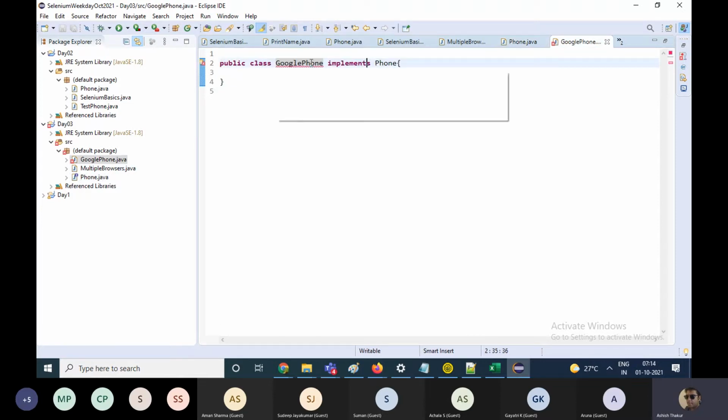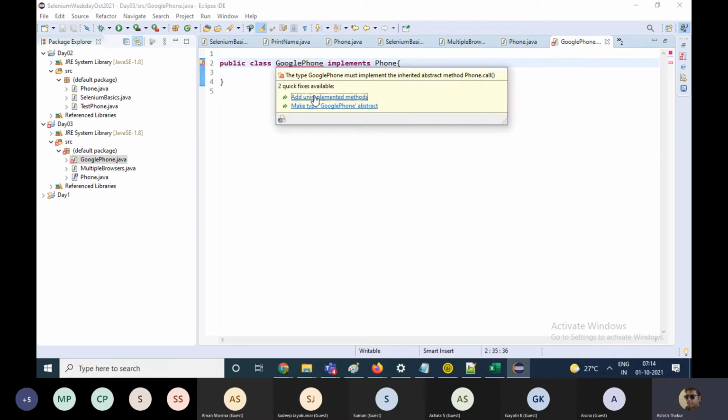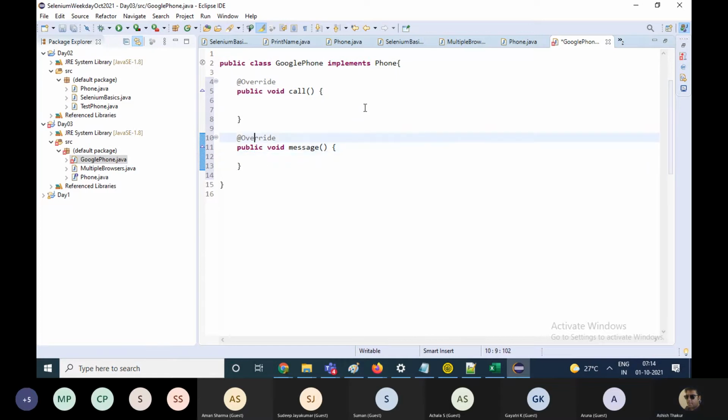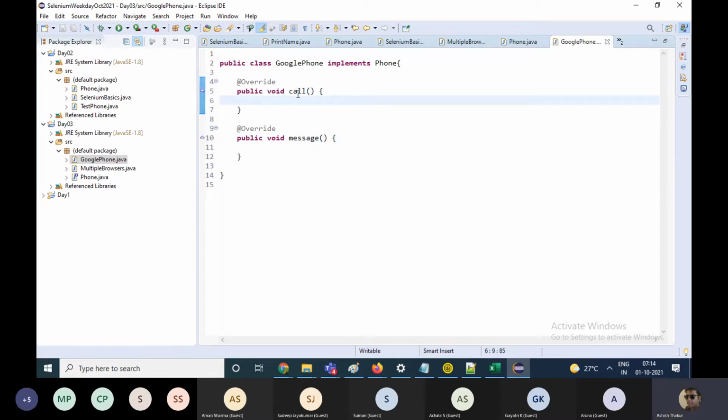You move the mouse over this error and select add unimplemented methods. All right, and then you will have these two methods coming up, call method and the message method, with the @Override annotation.